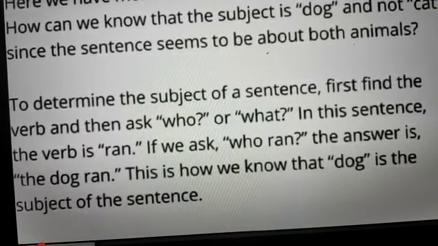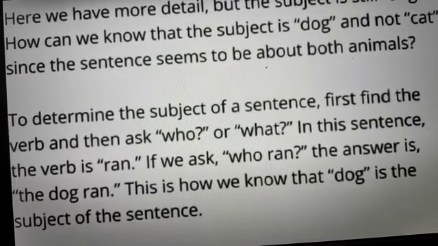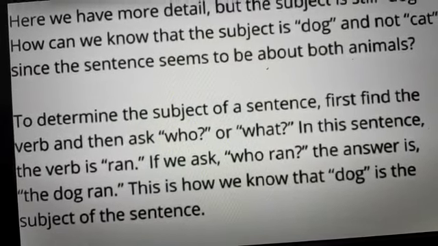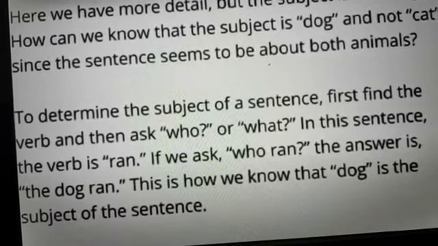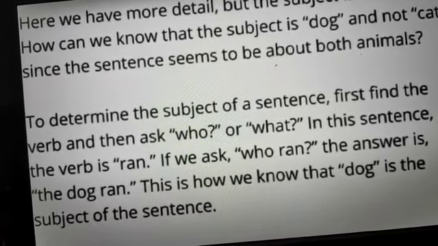So I hope that, dear students, it's clear to you how to find out the subject and the predicate. And this rule will be really very helpful to you while doing your sentence reordering.